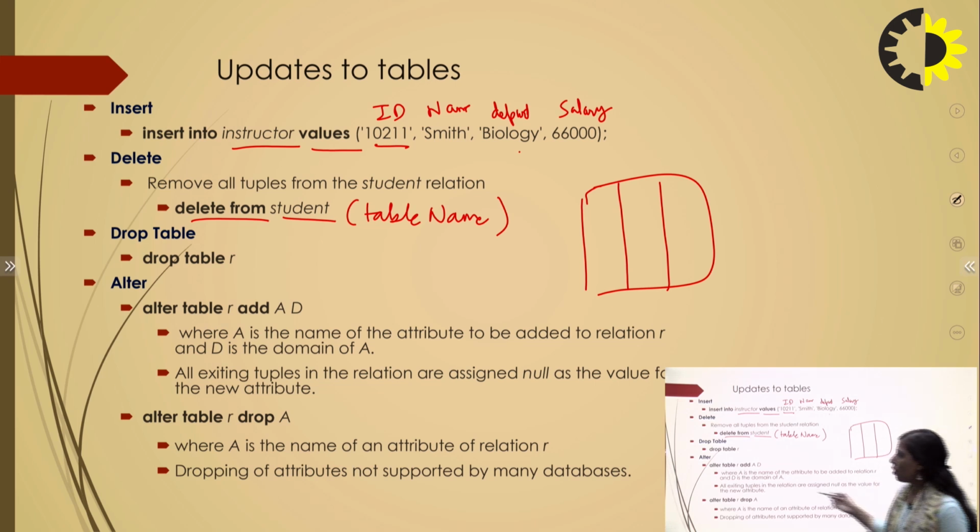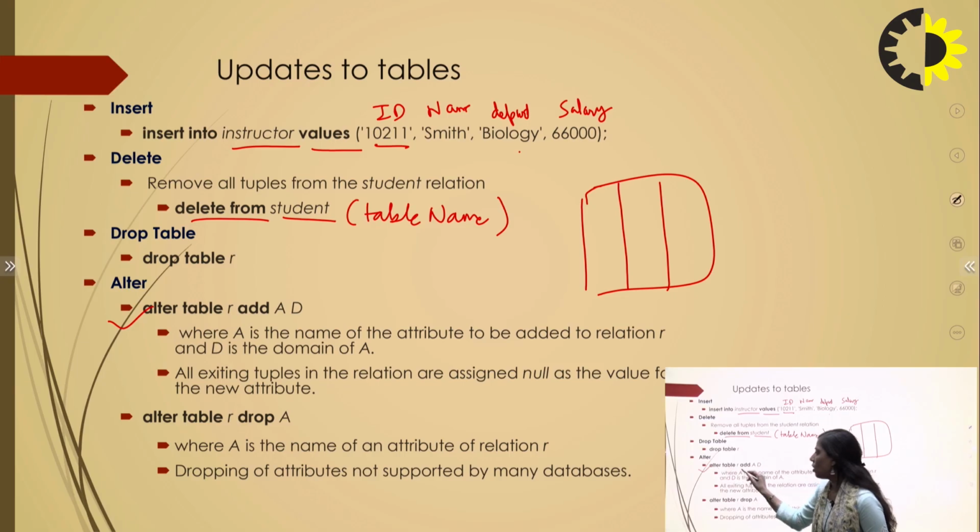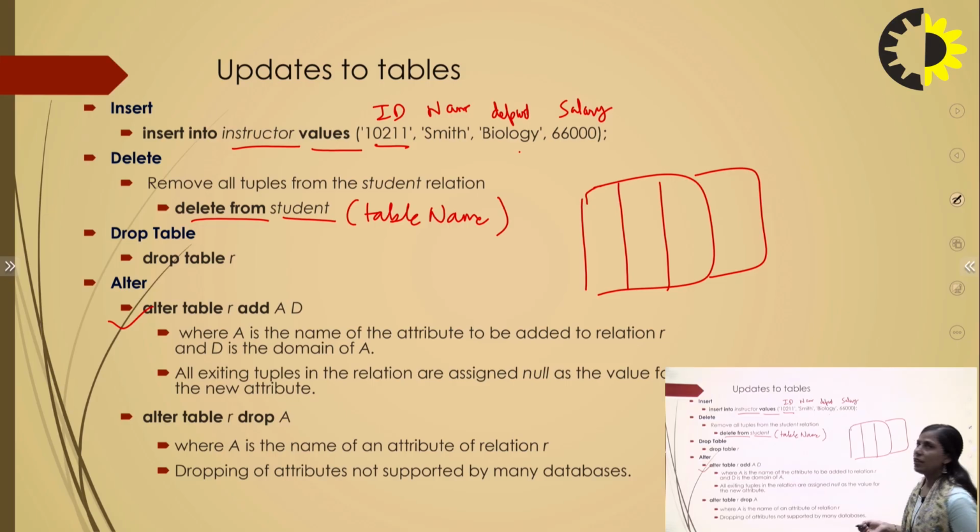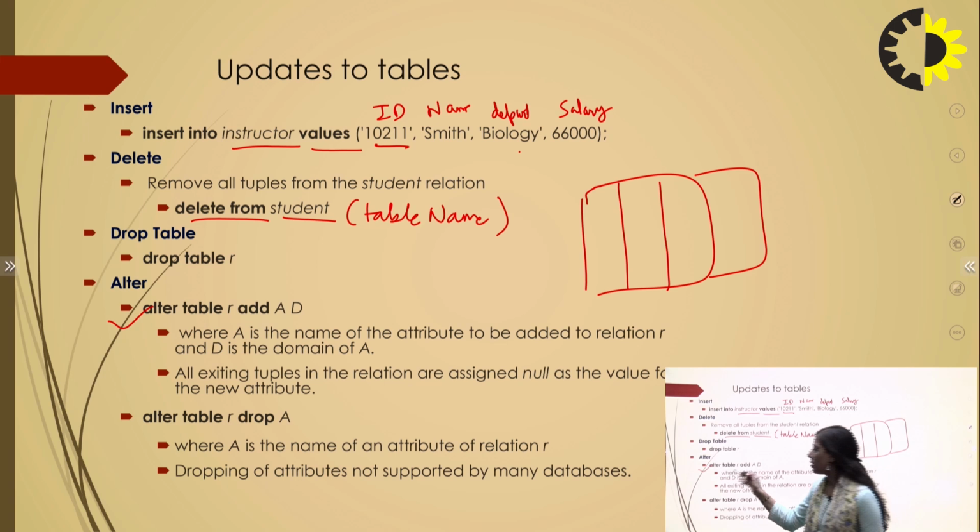Now talking about the alter part, we can add, we can delete, or we can drop things also. So first we will discuss alter table, then add. If we want to add one extra attribute, then I have to define the attribute name and the data type also. Similarly, if I want to alter a table or a relation in which I want to drop an attribute, I have to mention the name also. So this is how we can give the command alter table R, where R is a table name, to add an attribute and the data type.